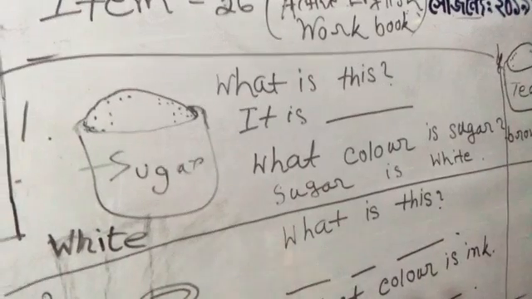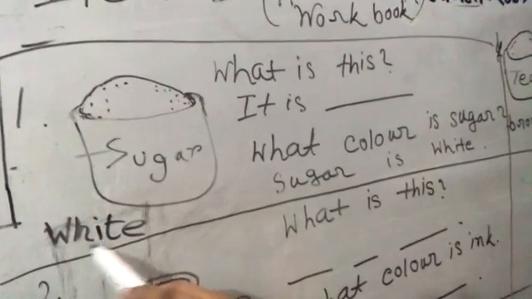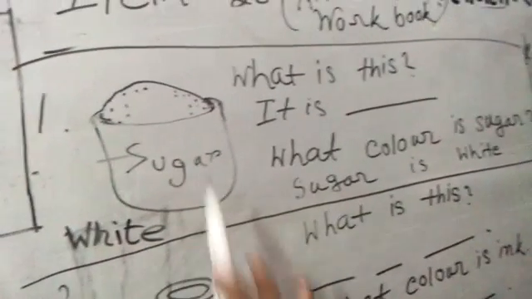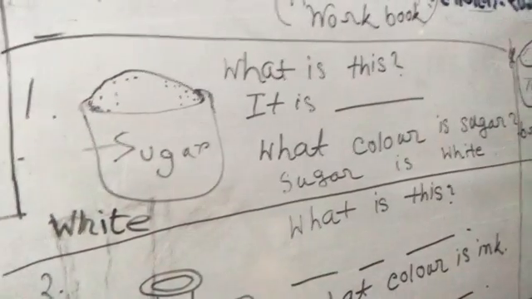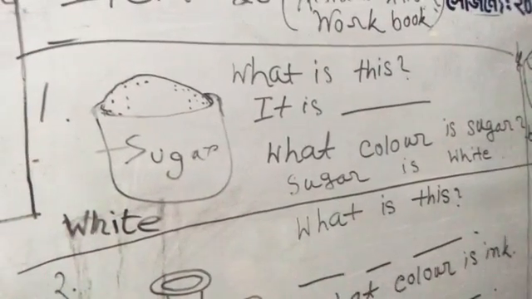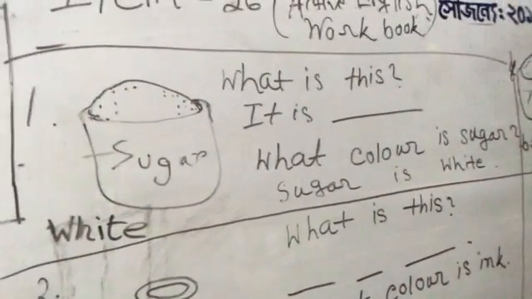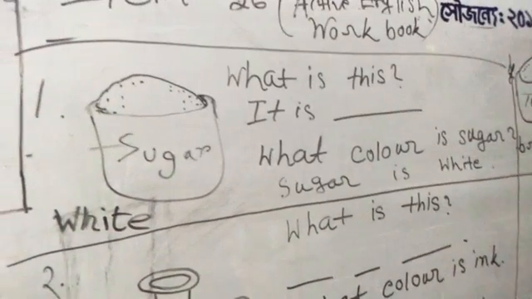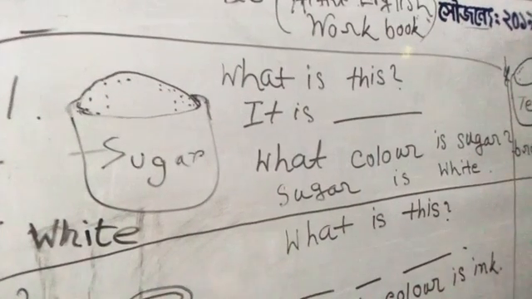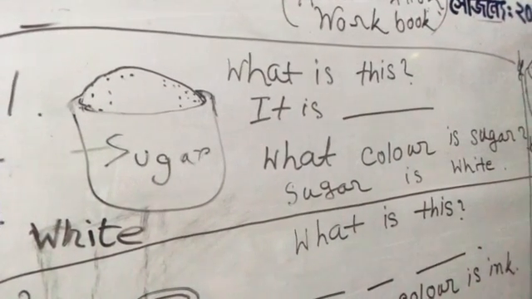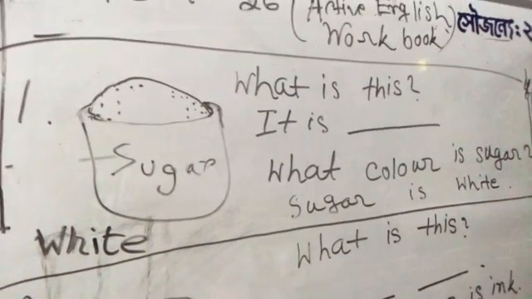See, under this picture something is written. It is the name of the color of this sugar. So it is white. See, the color of every picture will be given just under the picture. Okay. So from this you can sense which color the thing is about. It's not just about the color and the thing. You also have to write the word or sometimes a whole sentence.